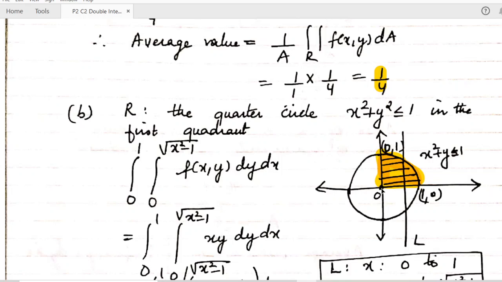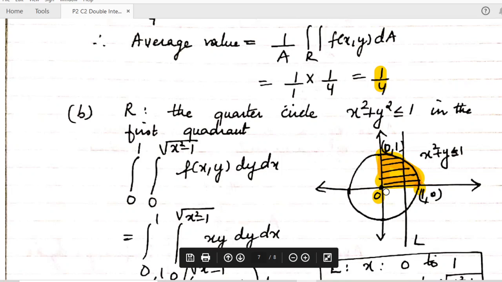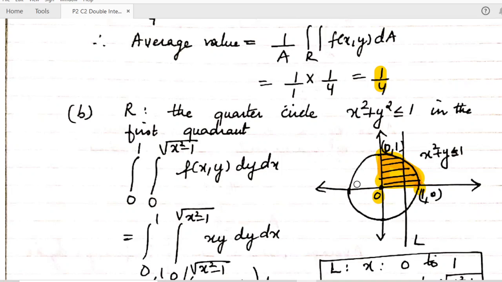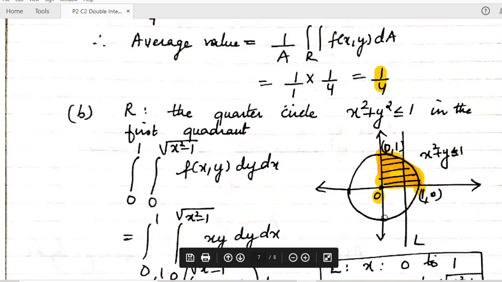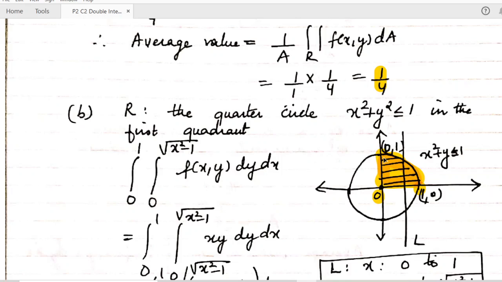Now this is our origin, so this point is (0, 0). We can see that this circle is of radius 1. So this distance is 1 on the x-axis, so this point will be (1, 0). Similarly, the radius of the circle is 1, centered at origin, so this distance is 1, so this point will be (0, 1). If someone is asking this point, this will be (-1, 0). This will be (0, -1). So we have now found the vertices of this region.